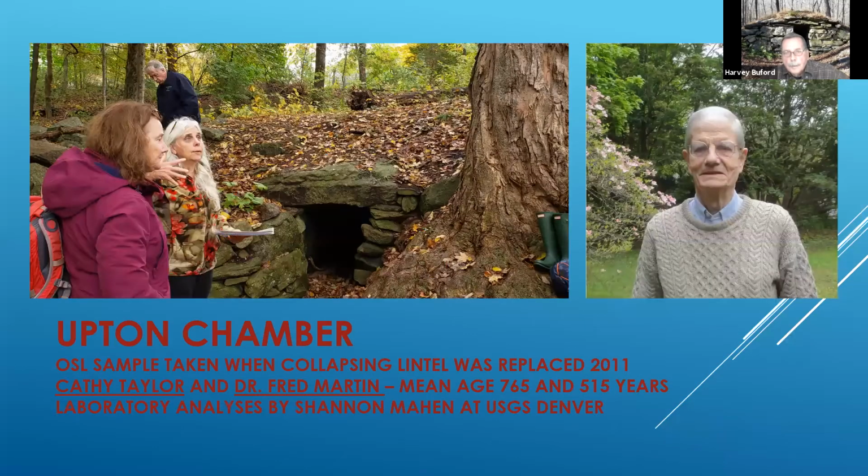So to give a little bit of background on the little bit of OSL work that has been done in the Northeast, this is a photograph of the Upton Chamber. That's Kathy Taylor holding the paper, and Dr. Fred Martin to the right, NEARA members that were instrumental in getting the OSL date at this site. And this started back in 2011 when the lintel, the entrance to the chamber, was partially collapsed, and it was going to be rebuilt, and it gave an opportunity to